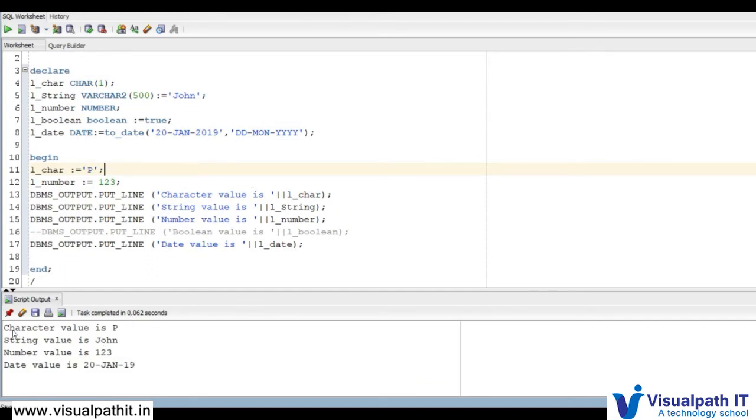Now you can see the character value is P, string value is John, number value I have assigned as 123, date value is 20 Jan 19.